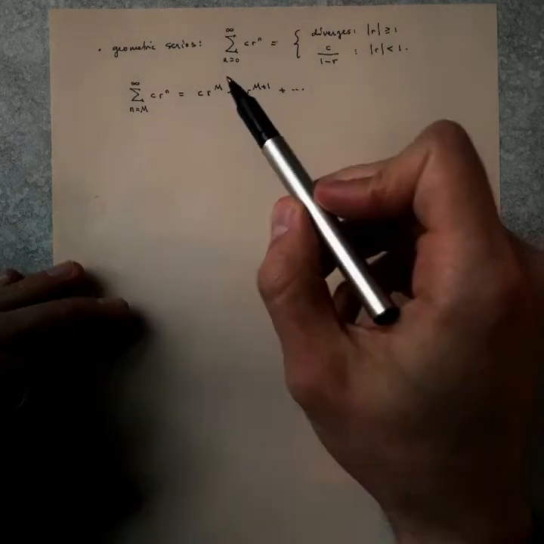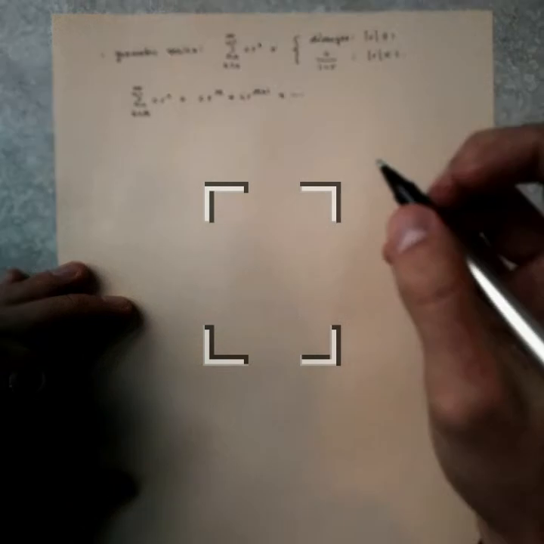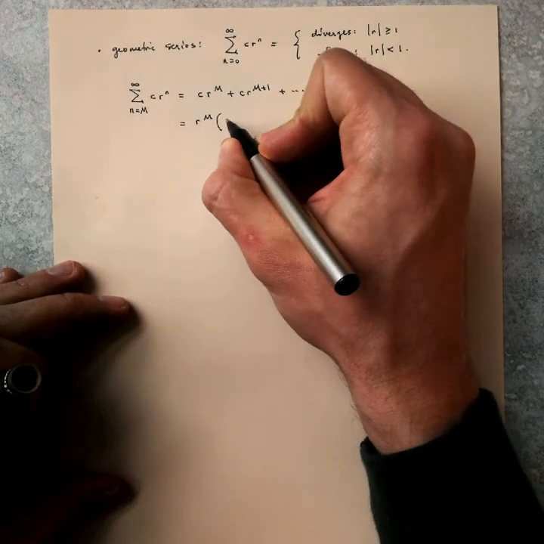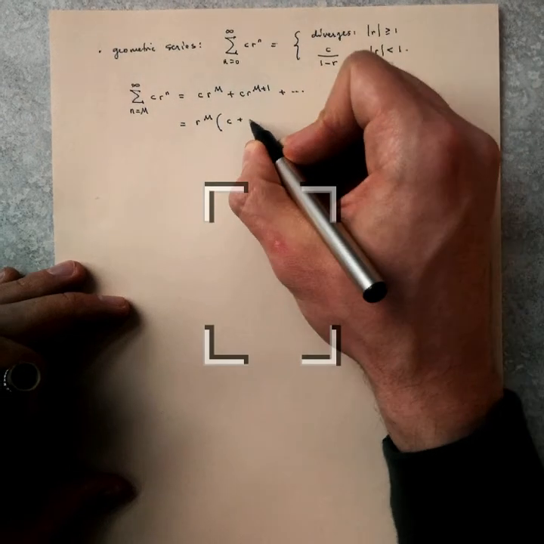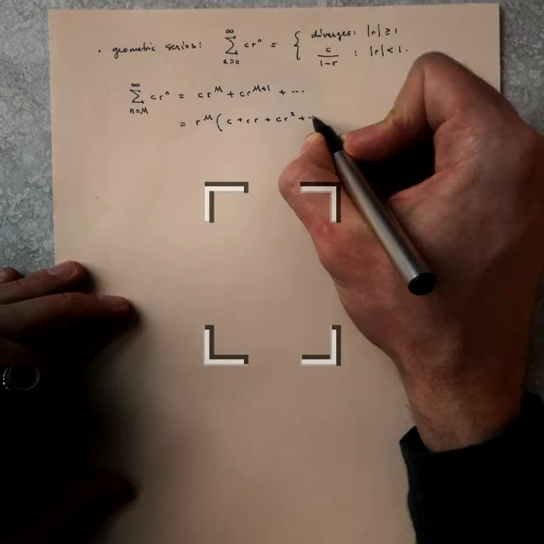So you can see that this has got an r to the m and everything, right? So this is going to equal r to the m times c plus c r plus c r squared plus all the way,